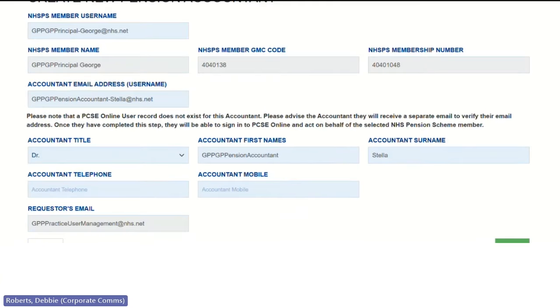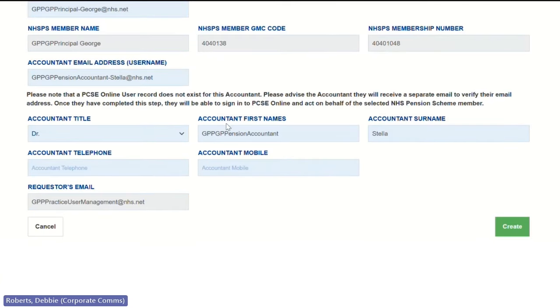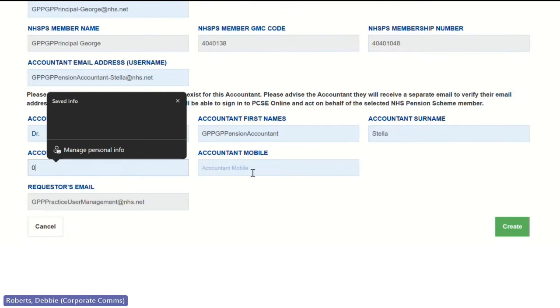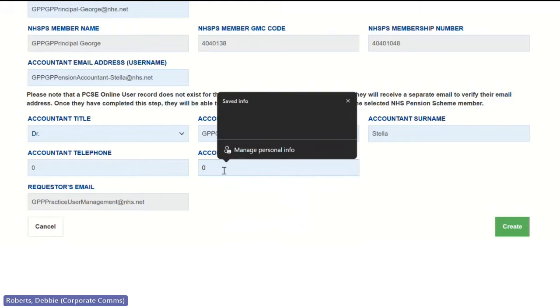Then we enter the email address of our accountant. What we'll see is, in this example, our accountant has a contact in the PCSE system, but they don't have PCSE Online access, so the message tells us that there isn't a user record. Now we're going to confirm the telephone number for the accountant, the contact number,